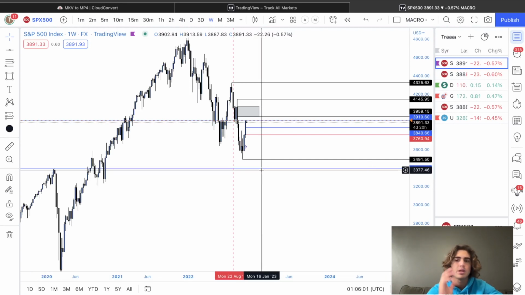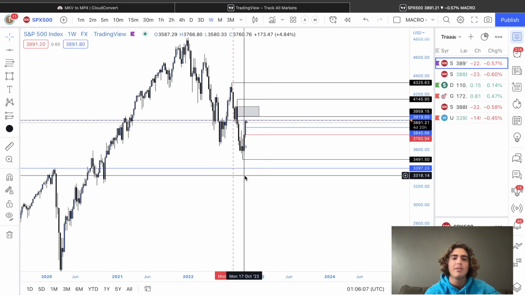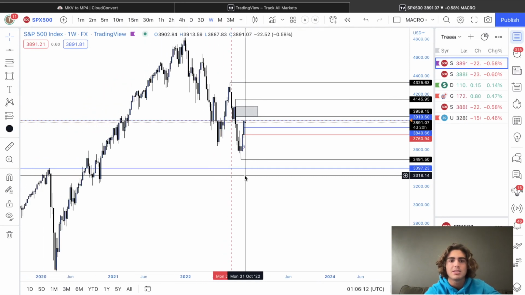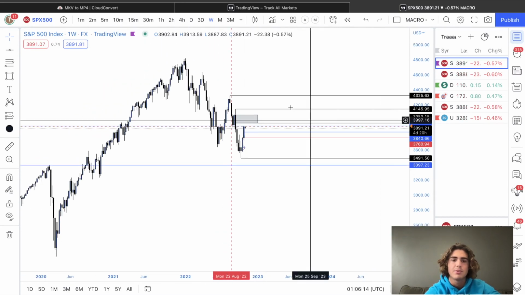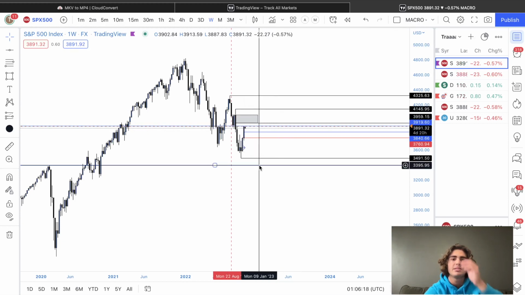So right now I'm just working on short-term plays, okay, until I do get some bullish confirmation on high time frame that we are out of this recession. And honestly, with the news that we've been getting the past couple of weeks, I don't see us getting out of it anytime soon. So which confirms my bias for continuation to the downside.